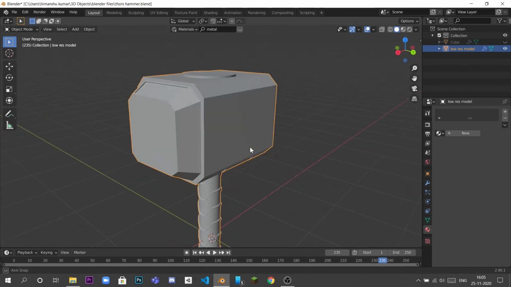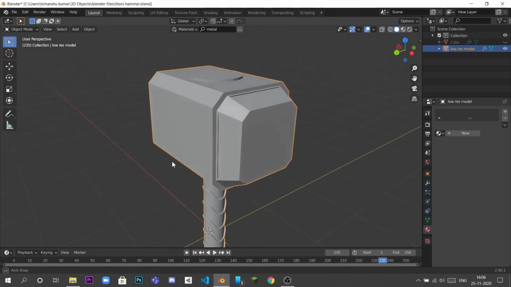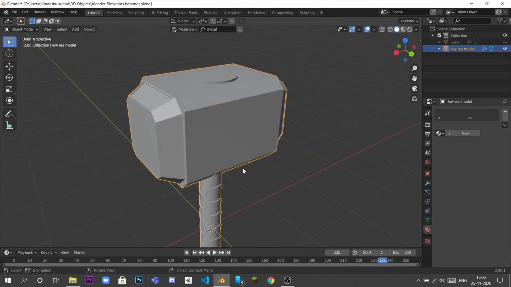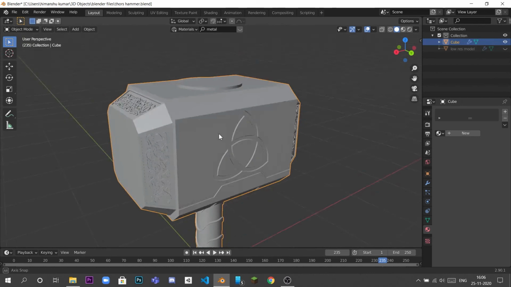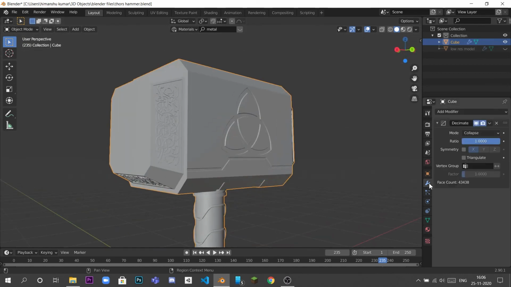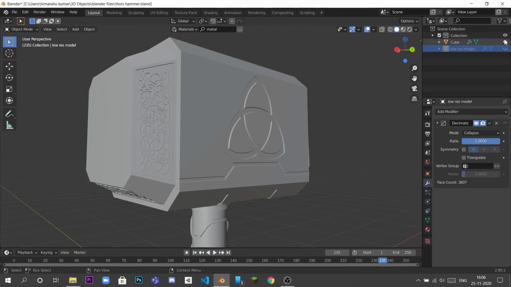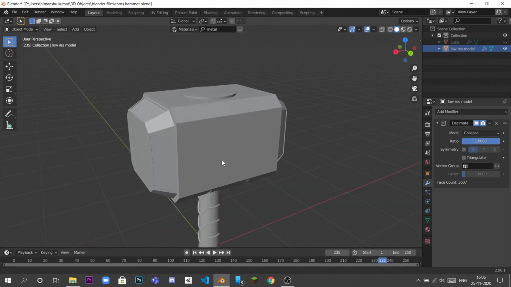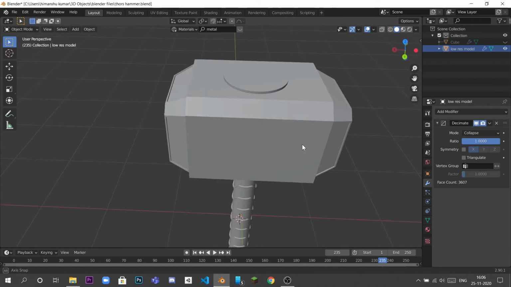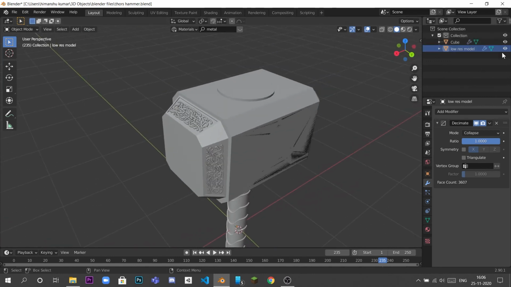Many of you are thinking that we have just deleted some faces and side parts, so how did it become low poly? But if we see our previous version of the model and check how many polygons it has, 43,438 polygons. And if we see our low poly version, it has only 3,607. Means we have come from 40,000 to 3,000. So it is a very low poly version, and it will look just like our high poly version by baking